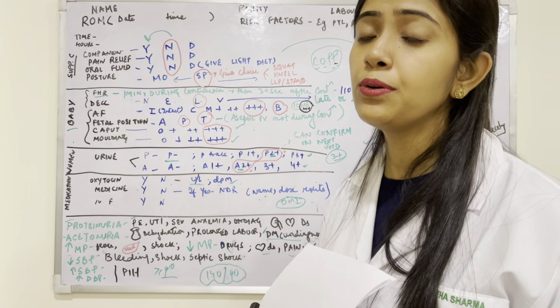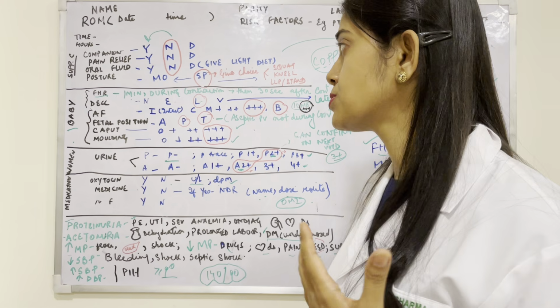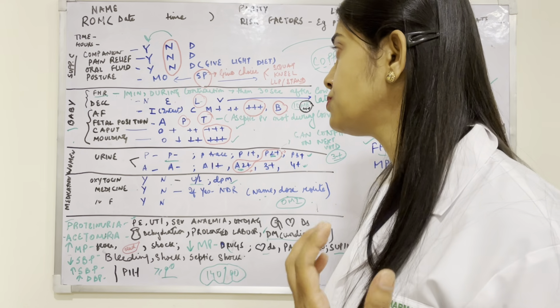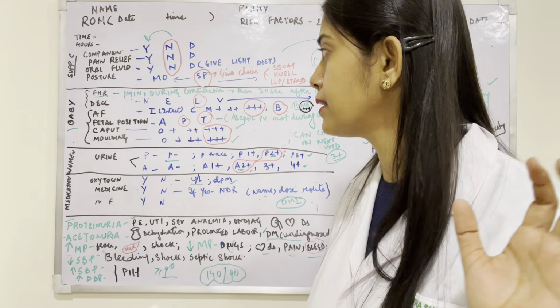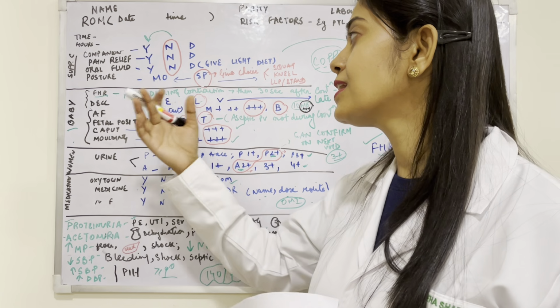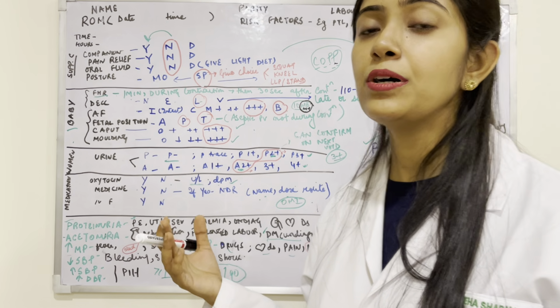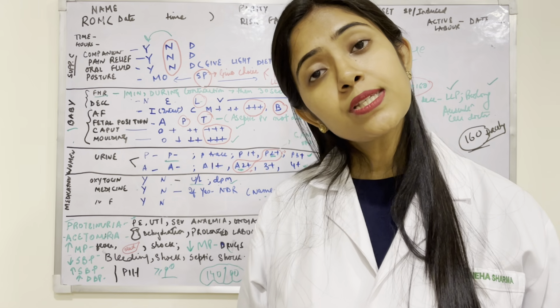Blood stained liquor we know is important. It could be because of abruption or anything, so we have to be very, very cautious if you see blood in the liquor. Clear? Now coming on to fetal position, we know how a normal labor goes